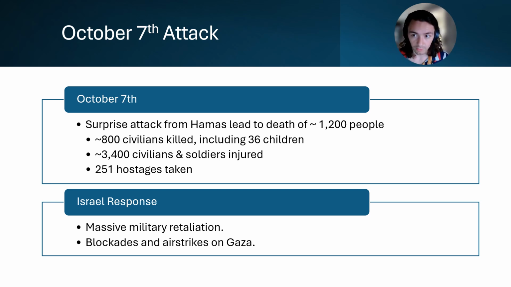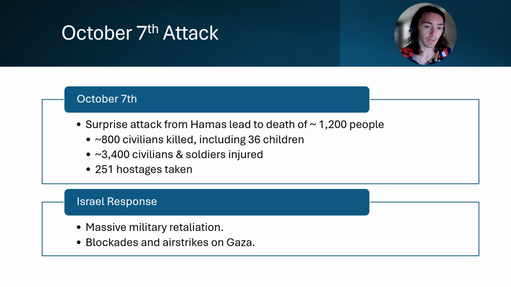This was, once again, a response to the continuous conflict that's been going on and the general sentiment that Palestinian people have been oppressed by the Israeli state. That's not to say this is justified or anything. Obviously, these are acts of war and crimes against humanity committed by Hamas. And it's very unfortunate, but it is a result of what has happened throughout history between Israel and the Palestinians.